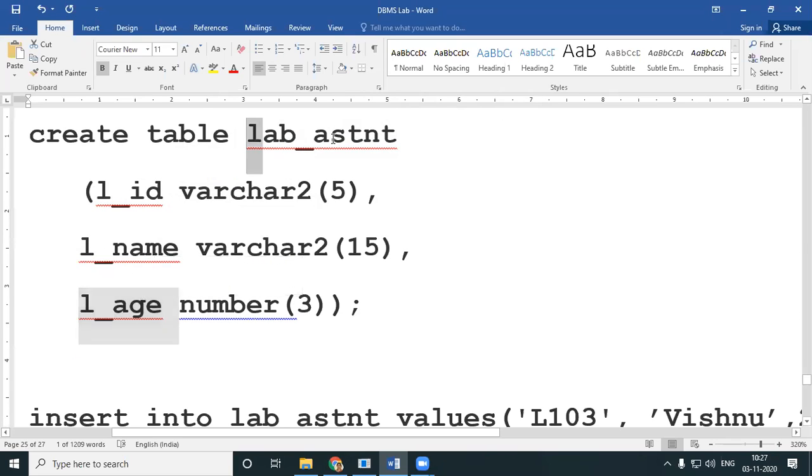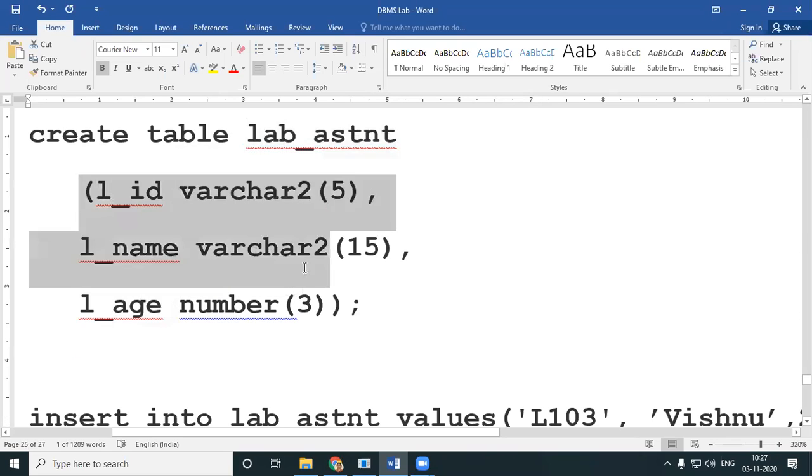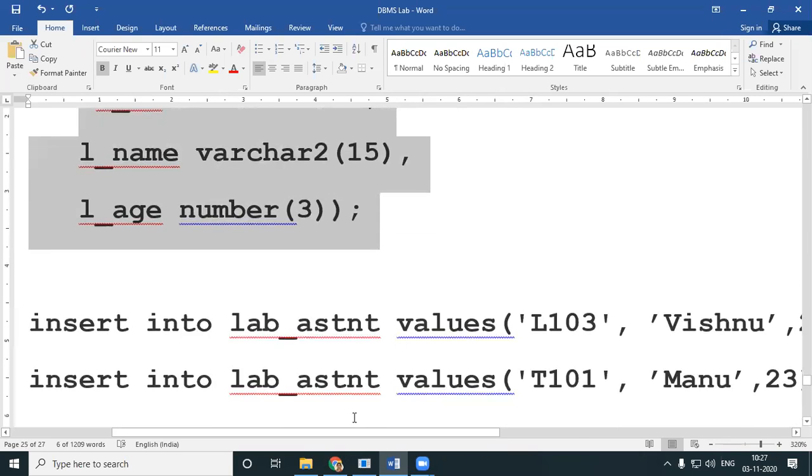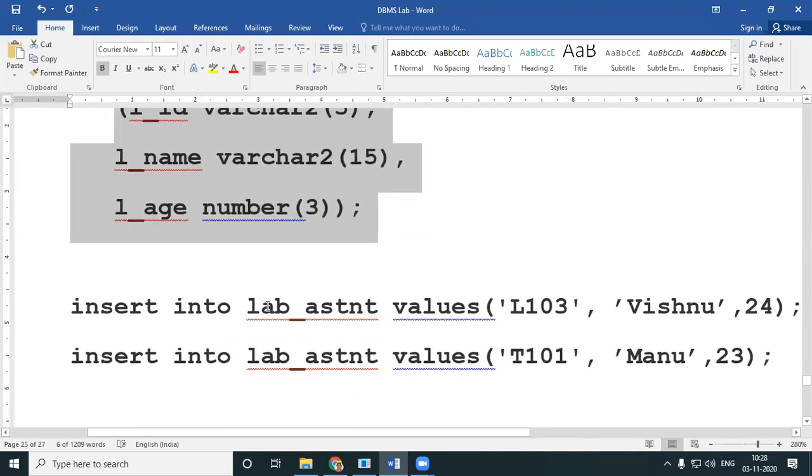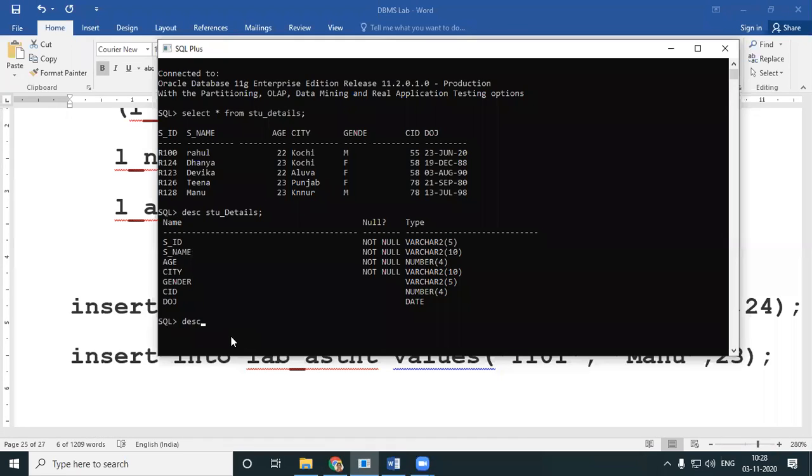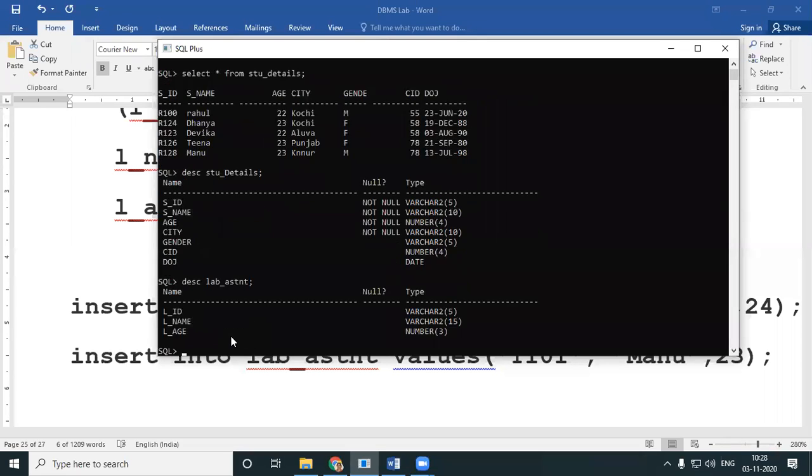I created a new table called lab assistant with these fields, and I even entered values into it. So let's come into my SQL. I already have a table, lab underscore ASTNT, which has LID, L name, and L age. Why did I have another table? Very simple. I need at least two tables. So I created another table, and I even stuffed data into the table lab ASTNT.